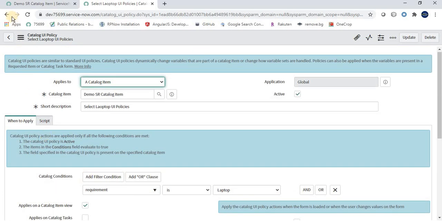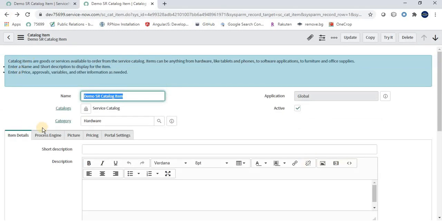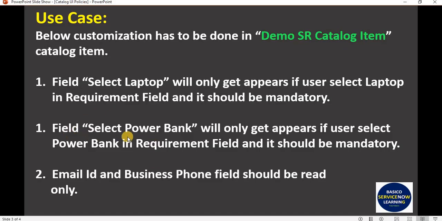In this way the first requirement is fulfilled. Now I'm navigating to the second requirement. The second requirement is when users select power bank in the requirement field, then select power bank will appear. This is the same as the previous one, right? But the field name is different.